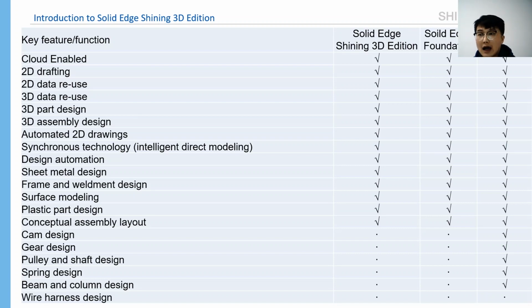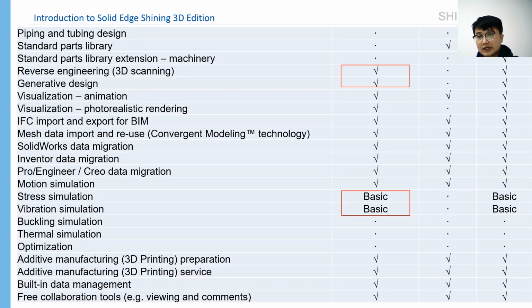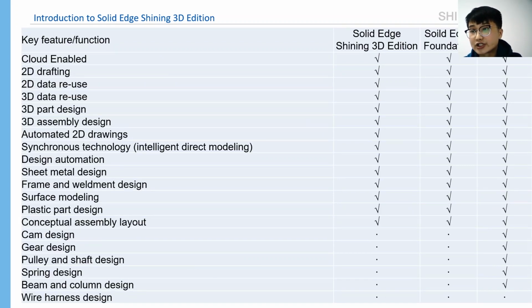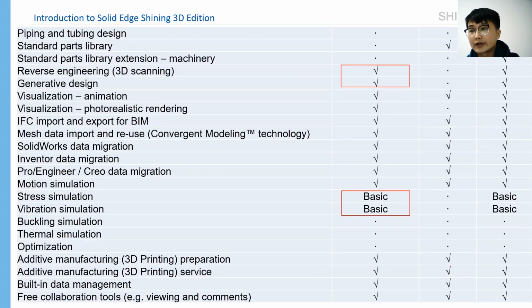If you want to ask what's the difference between the Shiny 3D Edition and other versions provided by Siemens, here is the function list comparison. If we talk about it briefly, you can see here that Solid Edge Shiny 3D Edition is developed based on the Solid Edge Foundation version, which contains almost